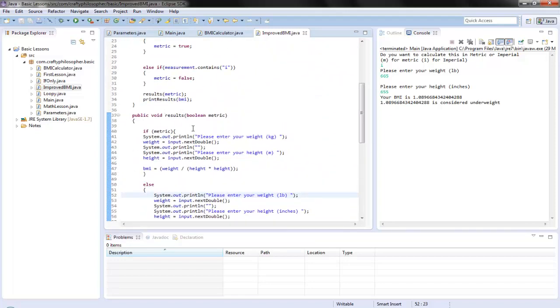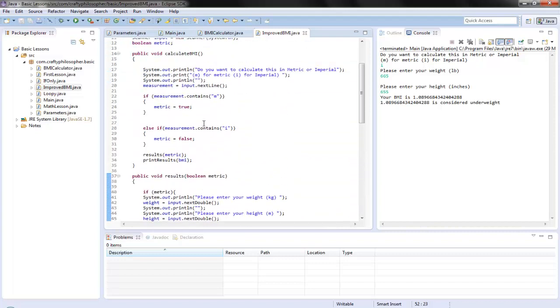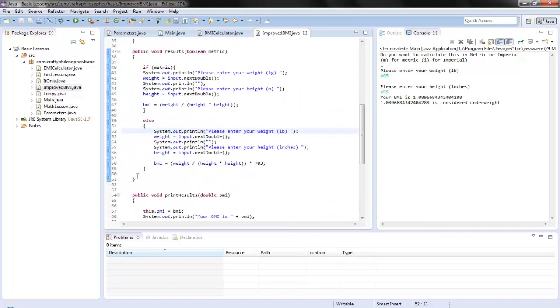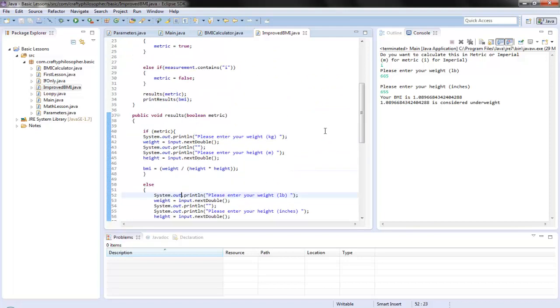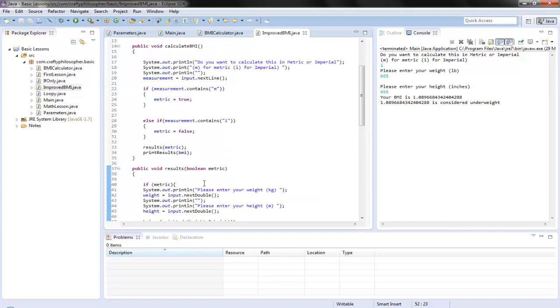So we've got our results, we've got our print results, and we can use these methods in other things if we wanted to. If you want to just calculate a BMI as part of another thing, we can use this. If you just want to choose a metric,